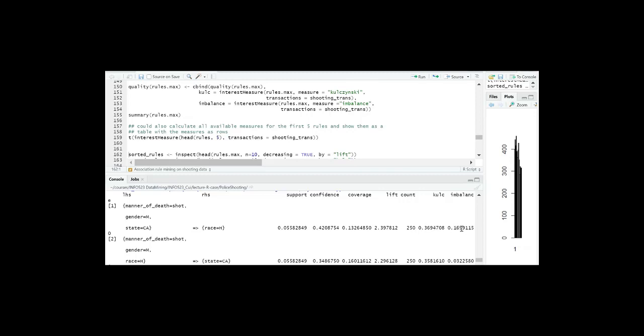Even though it's pretty imbalanced, this is not really a strong rule, right?